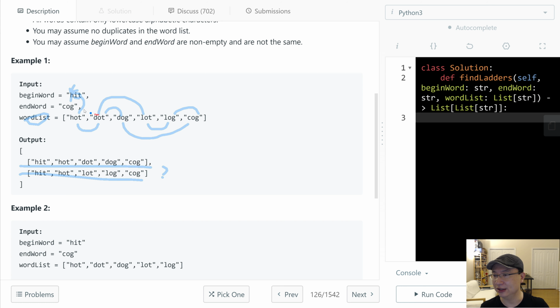First I will change the first letter from A to G, then the second letter from A to G, and then the last T from A to G. If the result is in the word list, I will go to that node. That is the next node from the beginWord, and then I will do the same step again and again to find the endWord. After I find the endWord, I will put it in the output, and then